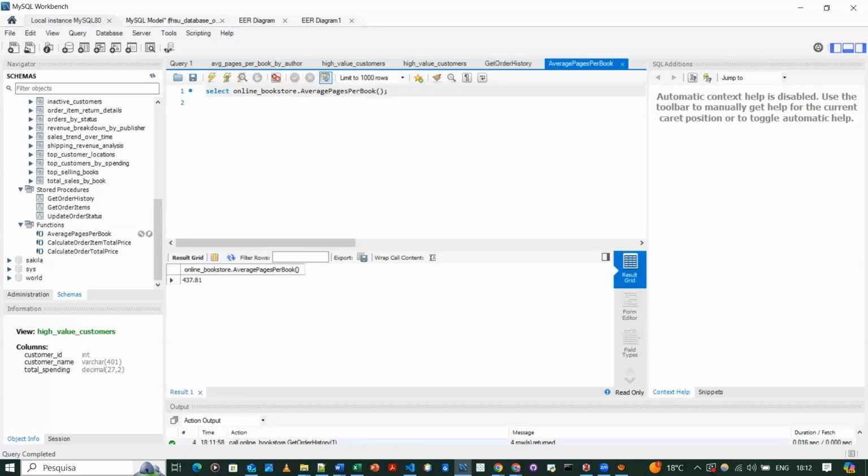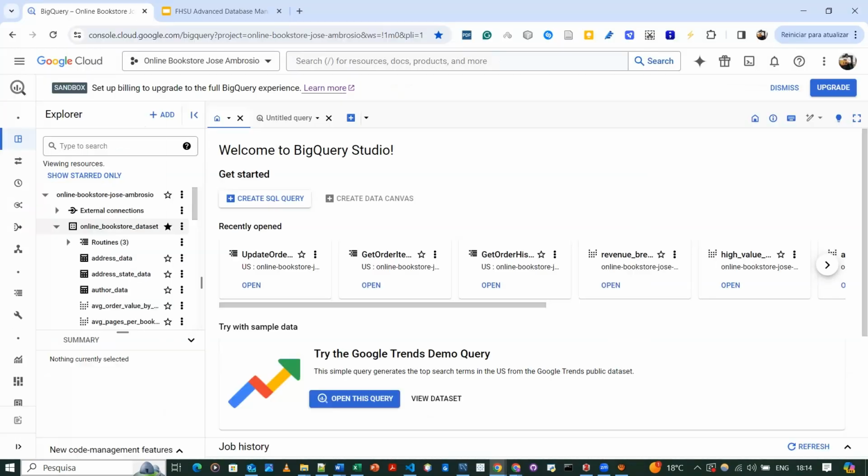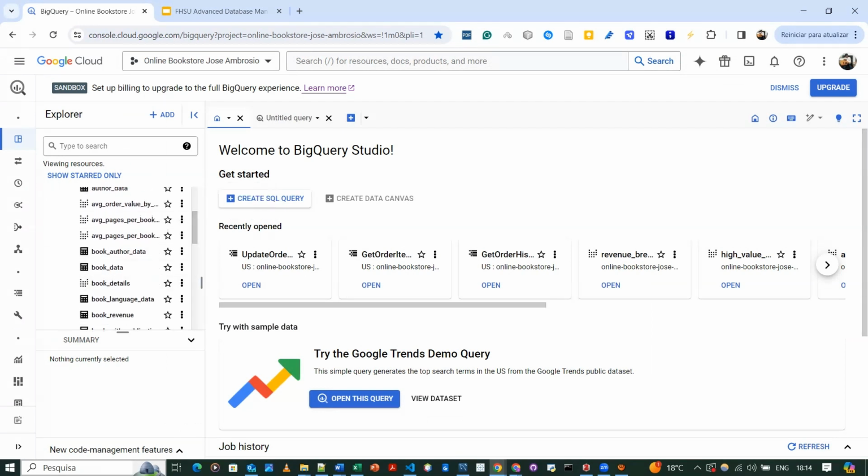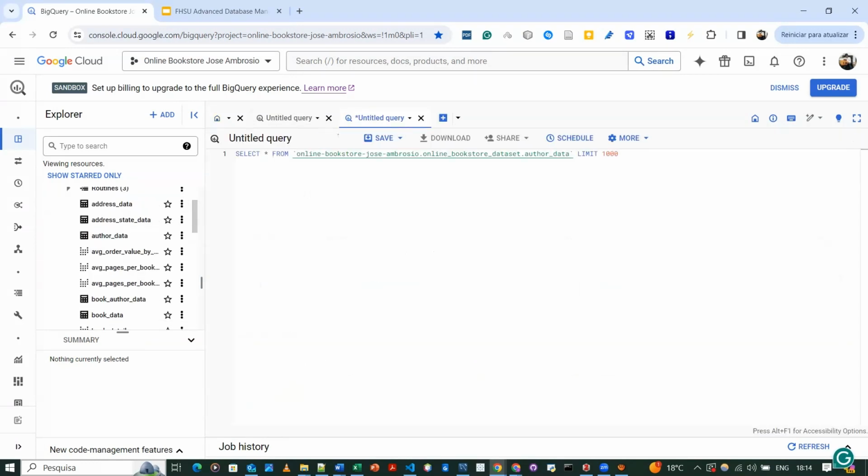And we can have, for example, a function called average pages per book, showing the average pages per book. So on average we have 437 pages per book. Now I will show the data warehouse running on Google BigQuery. Here I have my online bookstore dataset, including all of the tables, views, and routines. I'll show all data